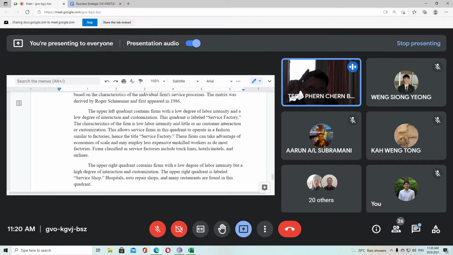So you got 2 factors here, labor intensity and customer interaction and customization. Based on these 2 factors, labor intensity you can measure 2 ways: how educated or how skilled the labor is, or how many employees you need to serve one customer. So you can see some businesses, like you mentioned,